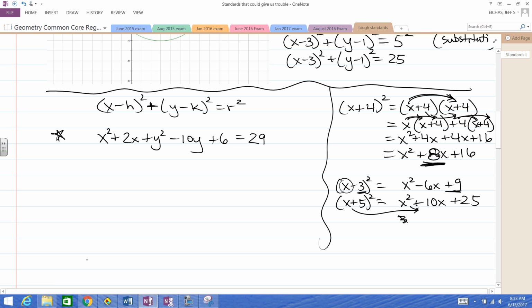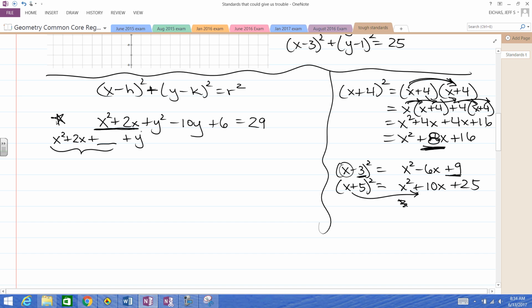Let me show you. So what's going to happen here is, first, I want to get to x minus h squared, so to speak. I'm missing a term. So here's what I like to do, is I like to write down x squared plus 2x plus some number that will complete that square. And I'll show you in a minute. We'll come back to it. Now we're going to go to plus y squared minus 10y plus, again, something to complete the square. I keep the 6, I keep the 29, keep the equals, and then